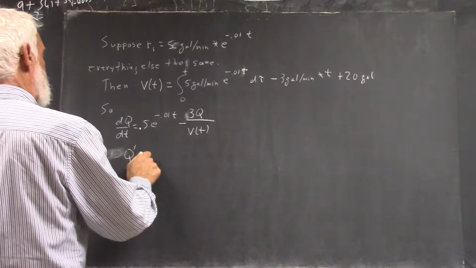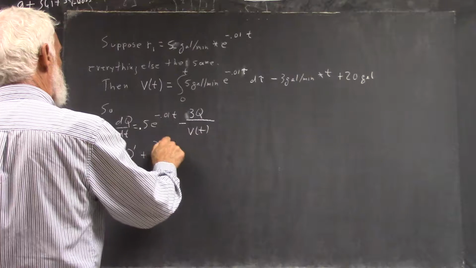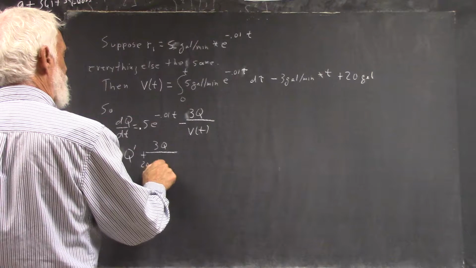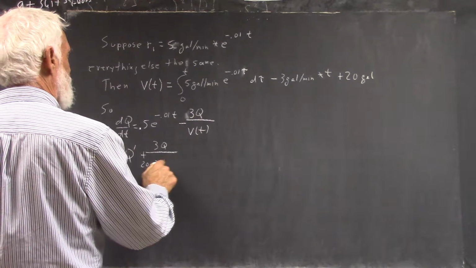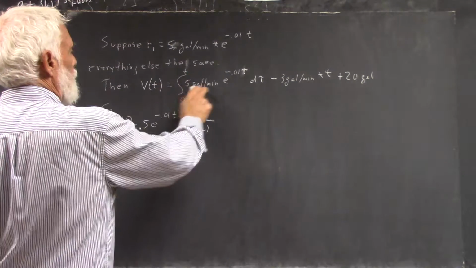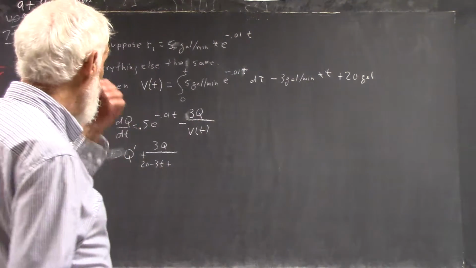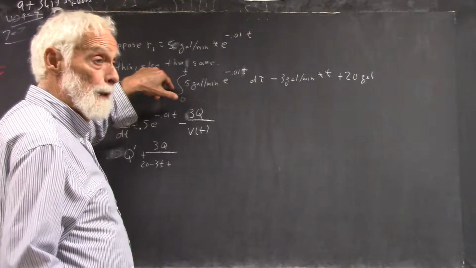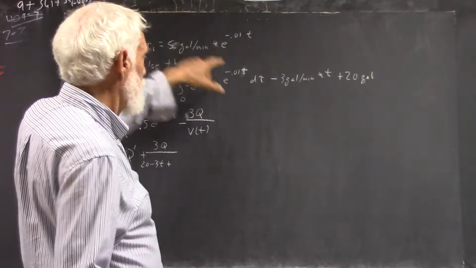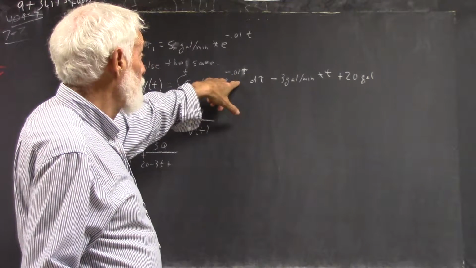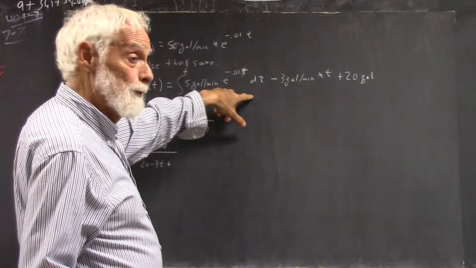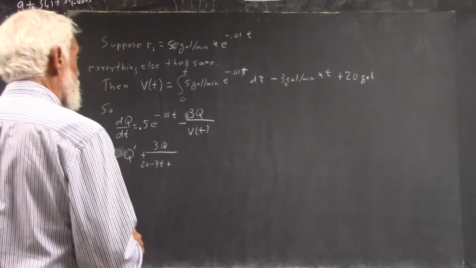So that becomes q prime plus 3q over 20 minus 3t. Actually, it might be a little trickier to integrate because you've got the t in there. Plus whatever your antiderivative is here, and it's pretty straightforward what the antiderivative is going to be. Your 5 is going to come out of here, and you're going to let u equal this. So du equals 0.01 d tau. So d tau is 100 times u. Okay? So it's going to be 500